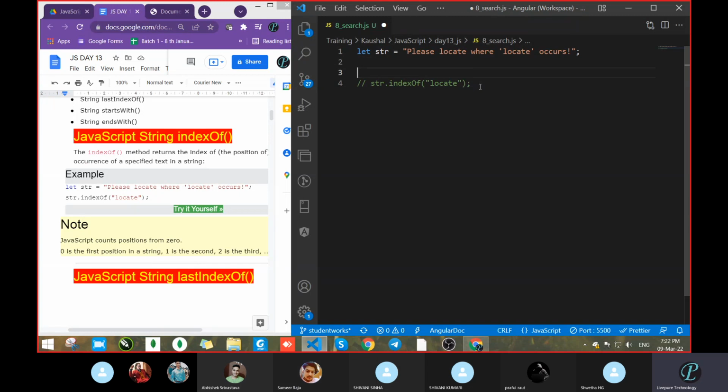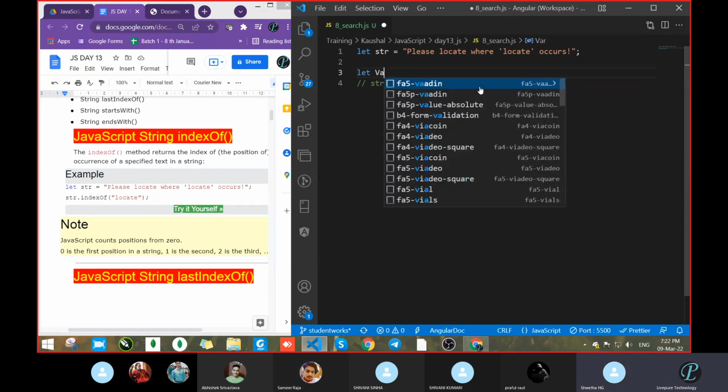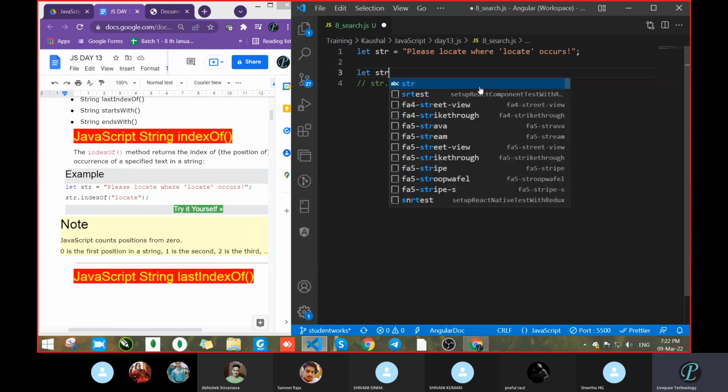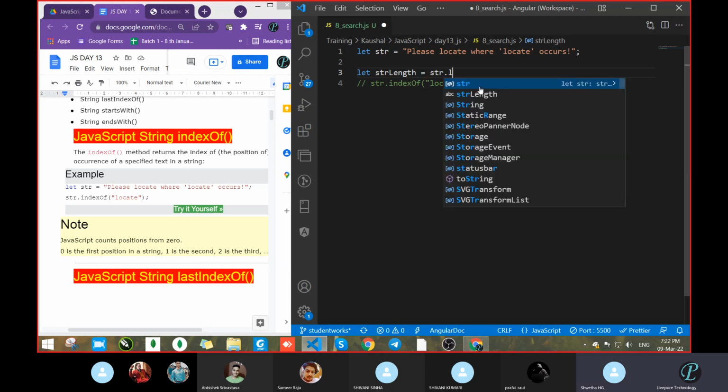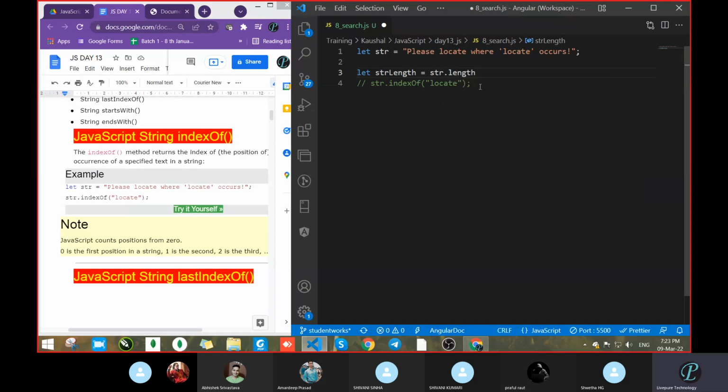So do one thing. Let length equal to str dot length. Don't take this as a method, it is a length property.